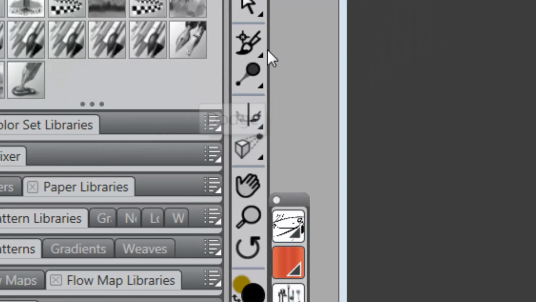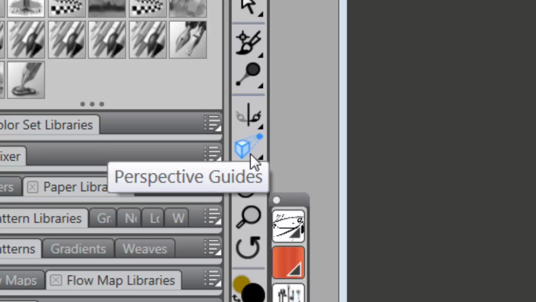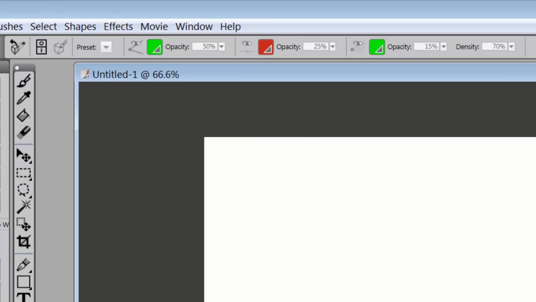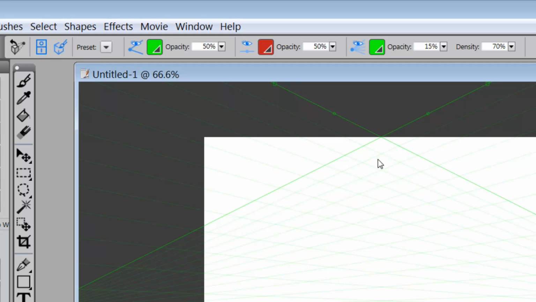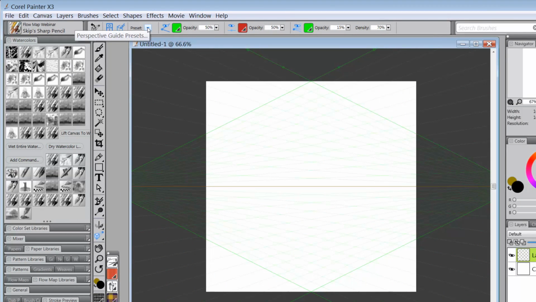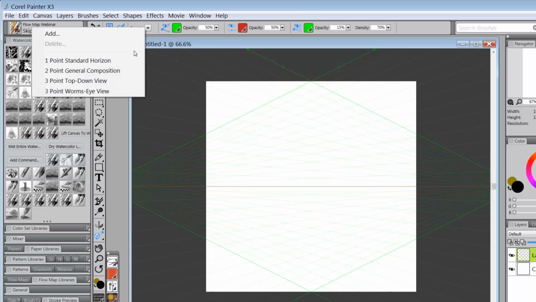You come over to your tool bar and here you have Perspective Guides. Click on Perspective Guides and you come up here and you can click on this. This is the Perspective Guides property bar, and click on this little Enable Perspective Guides, and voila, something pops up on screen. Now, you also have presets, and what I'm going to do is start with the 1 point standard